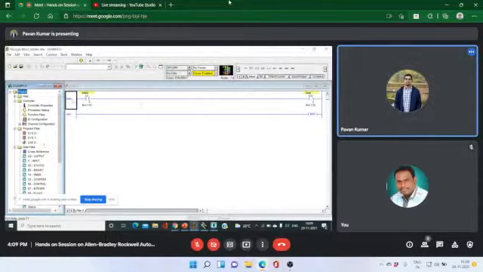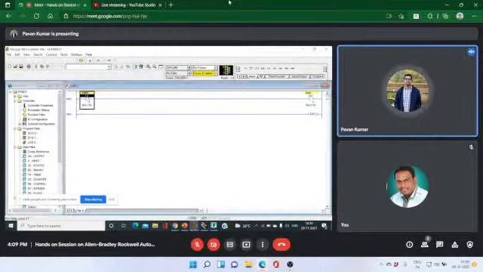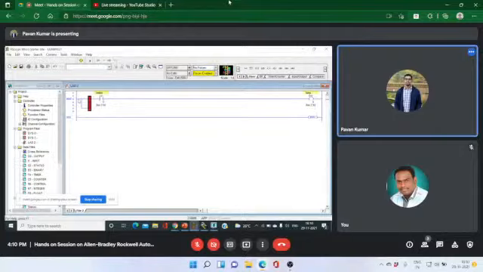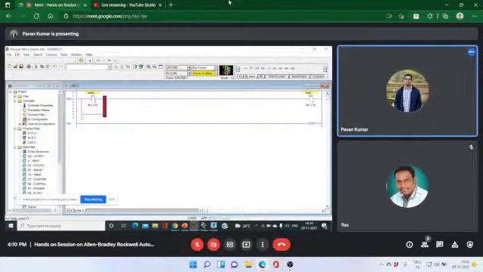And now we can see some branching of a program. Here, I have to give some branching. Take a branch, connect it here, drag this to the enable bit output, and here we can place one new NO or NC.